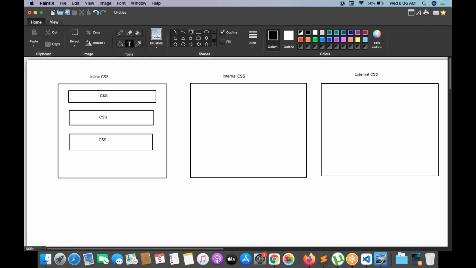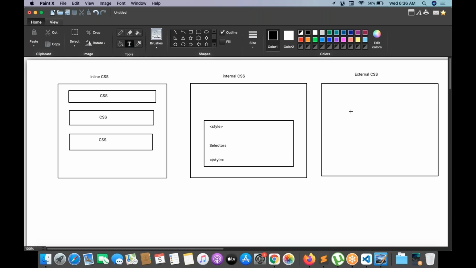Internal CSS, we are going to have a style tag inside a page, and using the style tag, I am going to write all the CSS. Style open and style close, and inside this we will have selectors. There are multiple selectors we are integrating.